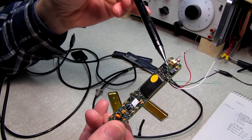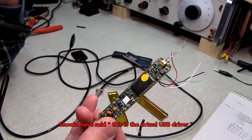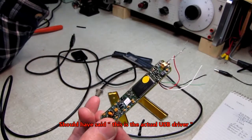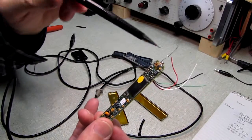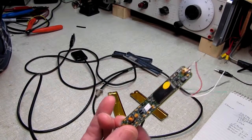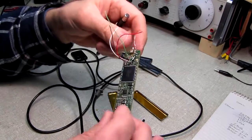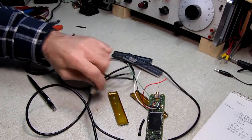And this, I believe, is just another USB communications chip. The numbers on these two guys, again, there's no cross-reference on the internet that I can find anywhere, but judging by where it is right next to the USB, I'm assuming that's the driver for the USB communications. This is the controller, and that's probably the driver. At any rate, we're going to try to get the cable put back on,